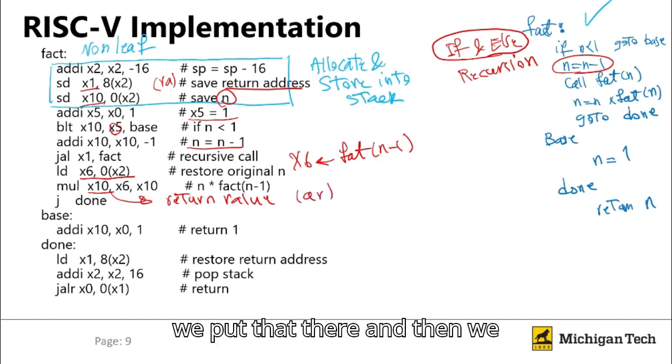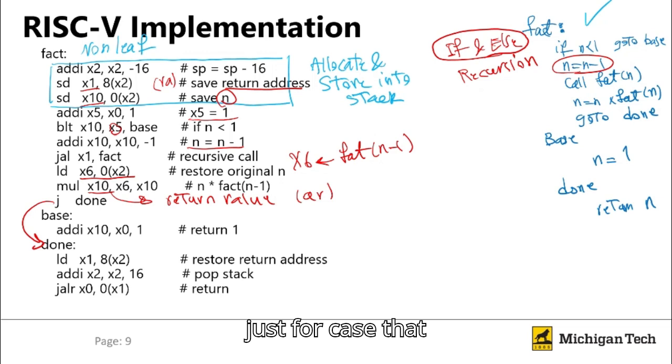Okay, we put that there, and then we go down, because base is just for the case that n is 0. Okay, we go down to done. So what is happening in done here? Again,